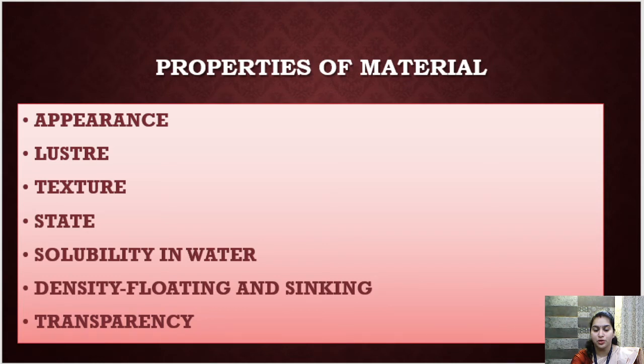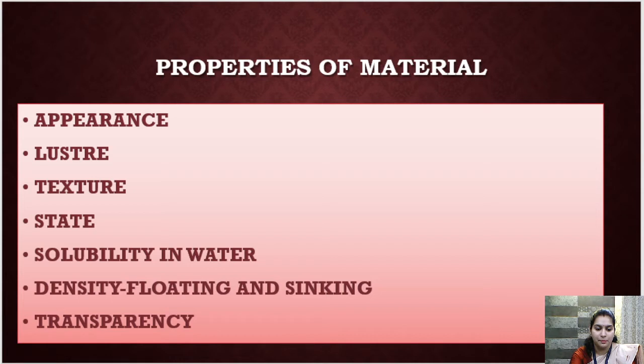Children, why does appearance matter? See, paper looks different, cloth looks different, isn't it? Iron has a different appearance. Iron looks different. Appearance basically means how it is looking. Paper looks different, cloth looks different, iron looks different, aluminium looks different, isn't it? So every individual entity or material has its own property and they look different and they are even used for a different purpose, isn't it? So these are the appearance.